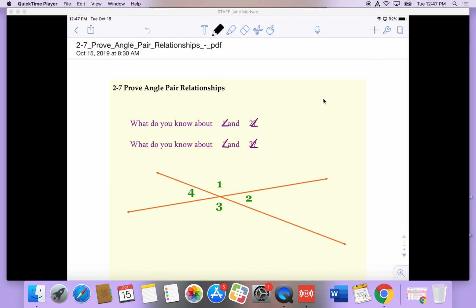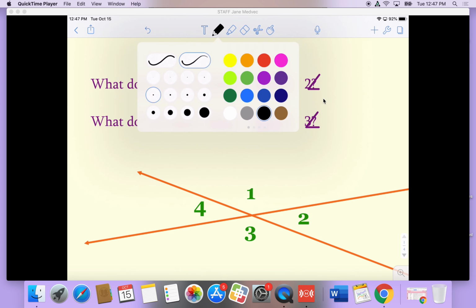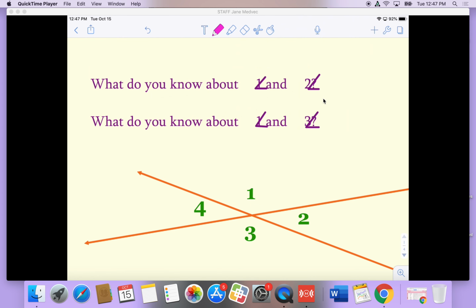So let's take a look at the first question. It says, what do you know about angle 1 and angle 2? If I take a look, this is angle 1, this is angle 2. What do I know about those two angles? Added together, they make 180 degrees. Very good. Added together, they equal 180 degrees, which makes them what kind of angles? That's right. So they're supplementary